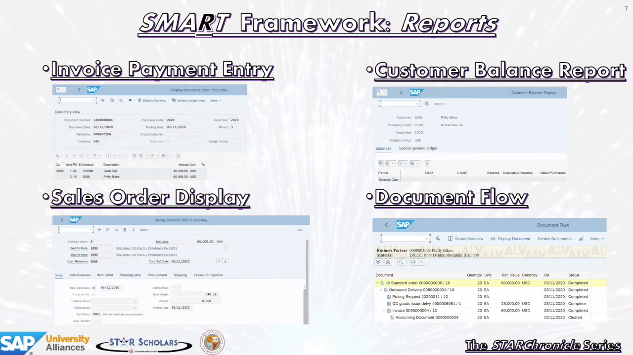from Philly Bikes. The Sales Order Display Report, shown in the bottom left-hand corner, provides an array of details pertaining to a specific sales order, such as sales order status, document flow, price and quantity information, and so on. We will be using this report several times throughout the sales process to check back on the status of our